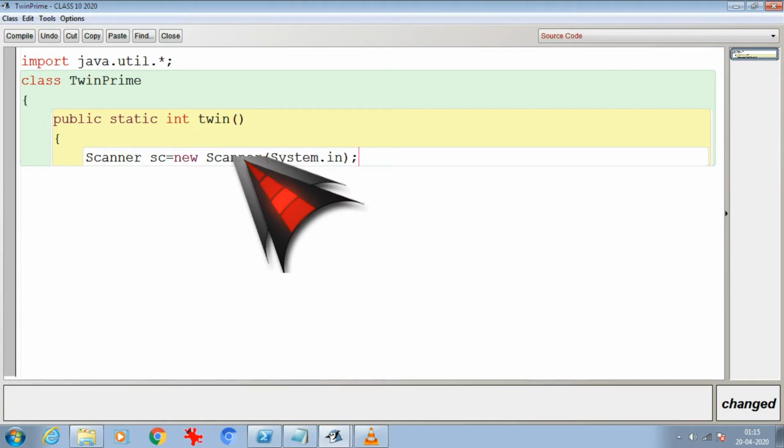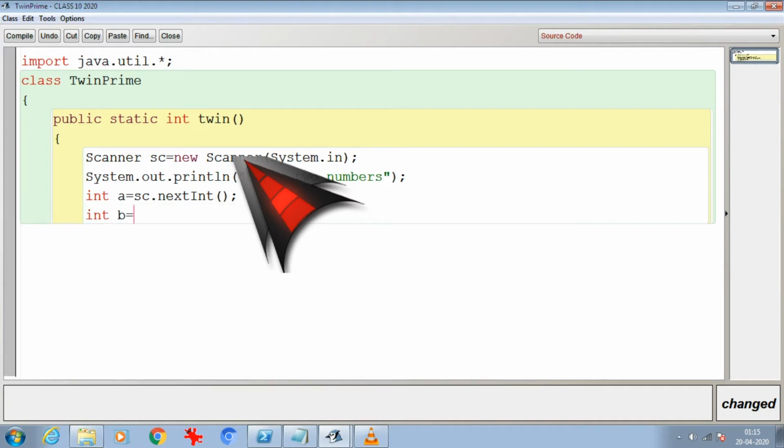I will accept two values here, as enter two numbers. One I will point out as int a, so I can write sc.nextInt(), and the next value I will point out as int b, so I will write nextInt over here. These are my two numbers.